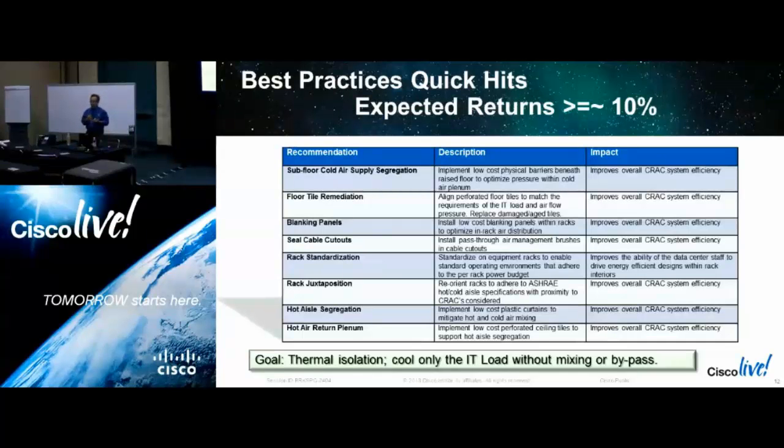They make fabulous purpose-built enclosures, and those are great if you have the right sort of deployment. And you can then apply in those enclosures some in-row cooling, some direct cooling kind of constructs that release some of the load from the rest of your data hall, save some more money, extend the life. That's all good. The purpose here is really just to control the airflow, control the circulation, get the IT gear cooled, nothing else. It's that simple. Guarantee you're going to find enough in your data hall, if you're an average data hall, to pay for Cisco Live this year.